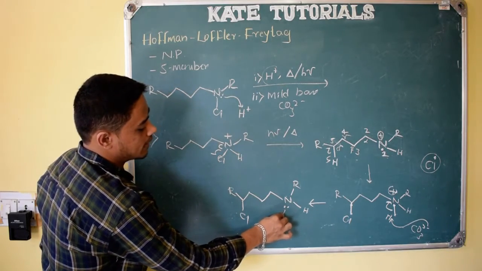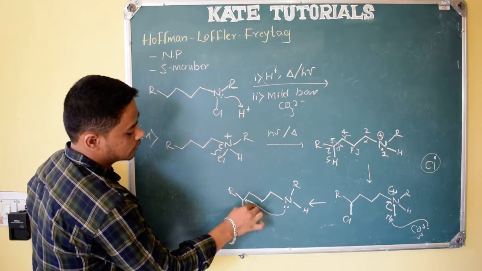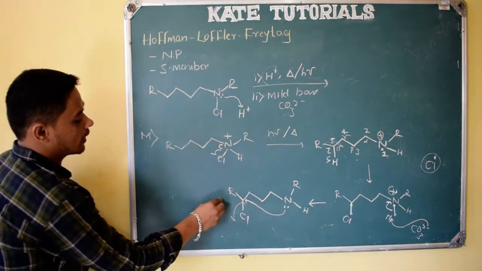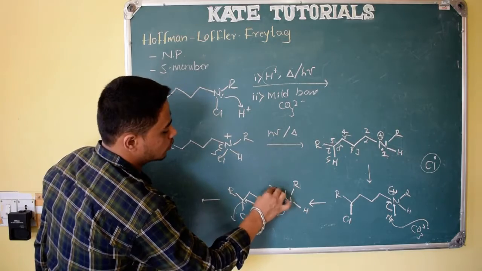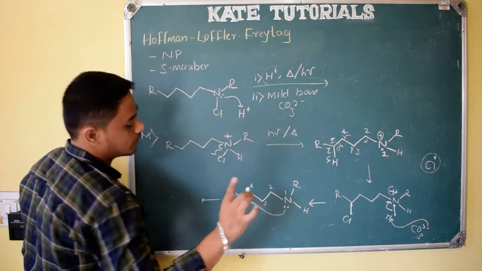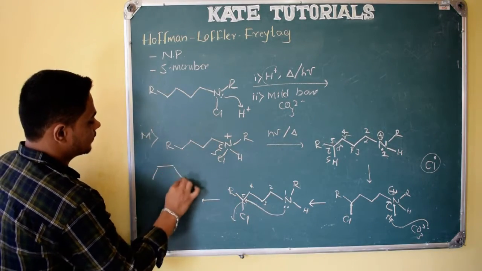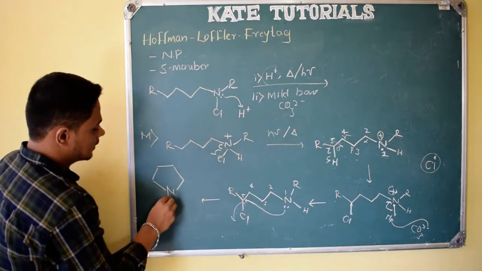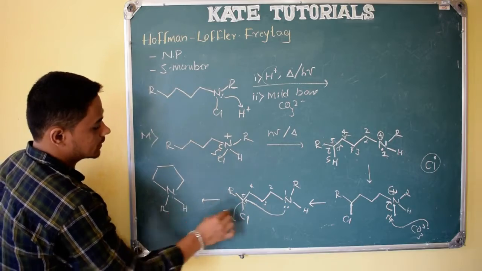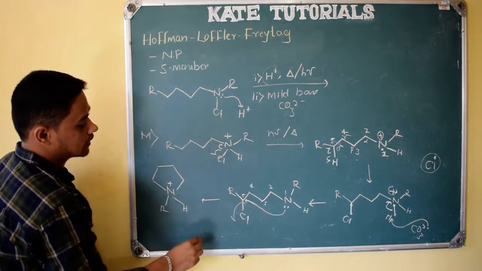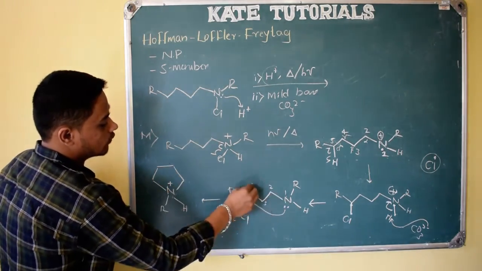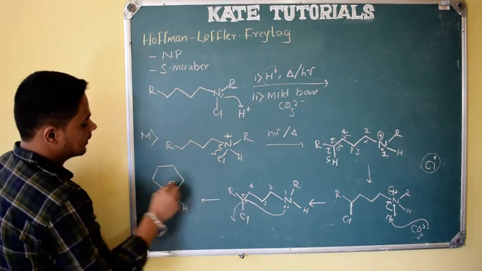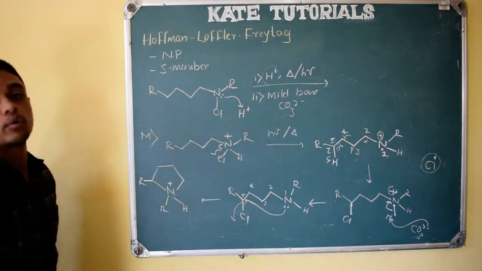Here the lone pair will react with this carbon, and chlorine is a good leaving group, it will leave the system, right? So see here, 1, 2, 3, 4, 5, a five-membered ring is formed. So let me draw a five-membered ring containing nitrogen at one position. Nitrogen at one position means one R group and one hydrogen are there. As it has donated its lone pair, it gets a positive charge. Second position, third, fourth, fifth position, R is there, right? So this is the product we will get.